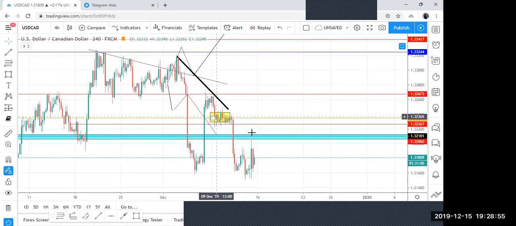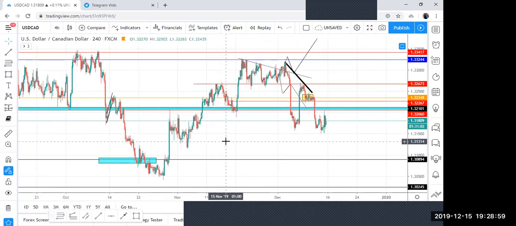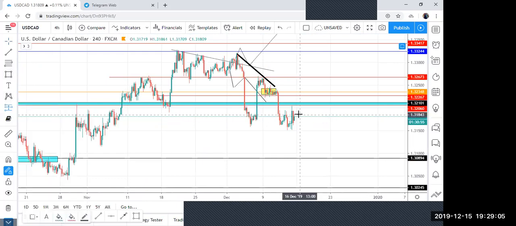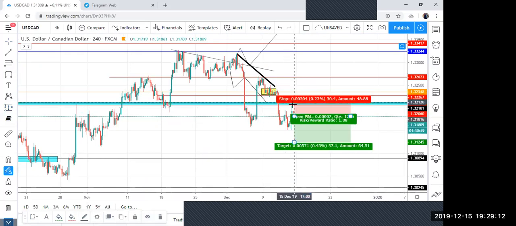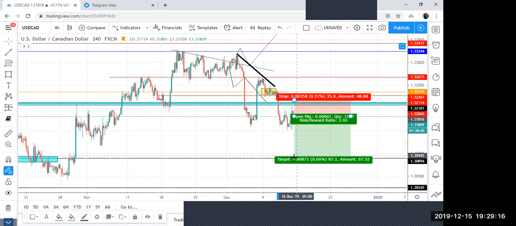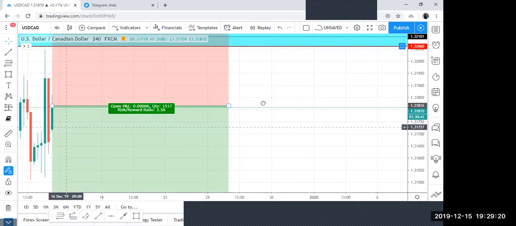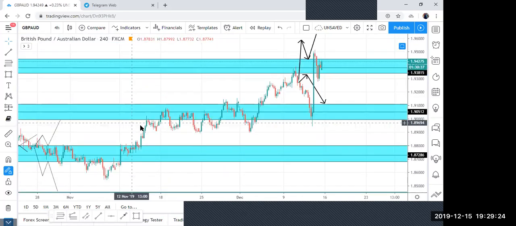UCAD, I got a break and a retest. I'm looking for this to drop. The only thing is I just don't have any confirmation as to why I would sell, so I'm not going to sell. But once I get more confirmation, I'll be looking to sell, provided I get that confirmation. If not, then don't worry about it. In the zone,